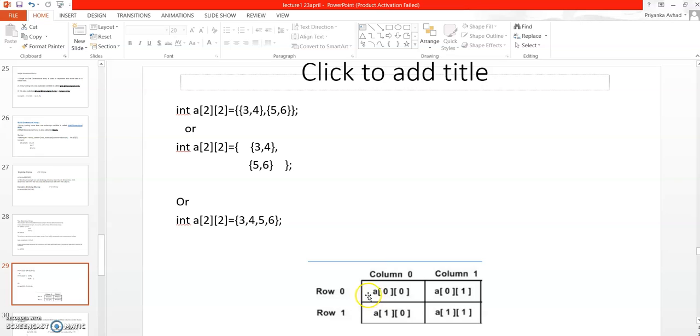This 0, 1 is for row 0 and column 1. This 1, 0 is for row 1 and column 0. This 1, 1 is for row 1 and column 1. Same if you are going to use a 3 by 3 array, then your element locations will be 9: 0, 0, 0, 1, 0, 2, then 1, 0, 1, 1, 1, 2.